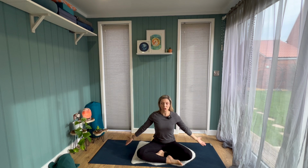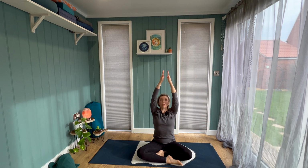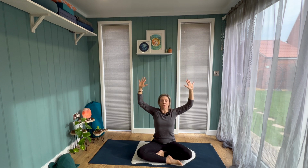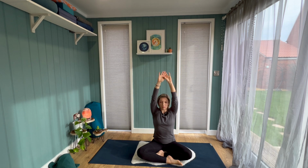And get nice and long through your spine. And then as you breathe in, we'll reach towards the ceiling. Palms to touch. And then as you exhale, bend the elbows and go wide. Think about making like a cactus shape. So we're breathing in to get long. And then breathing out,